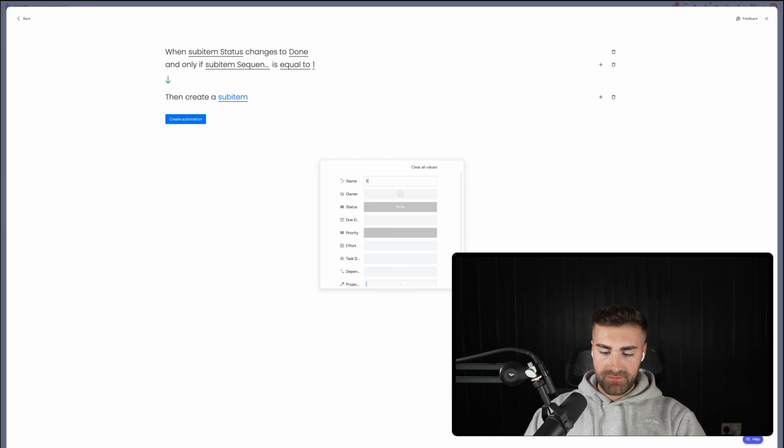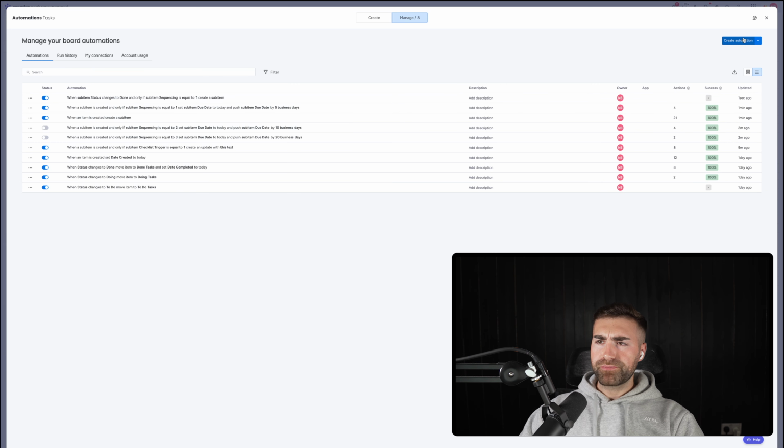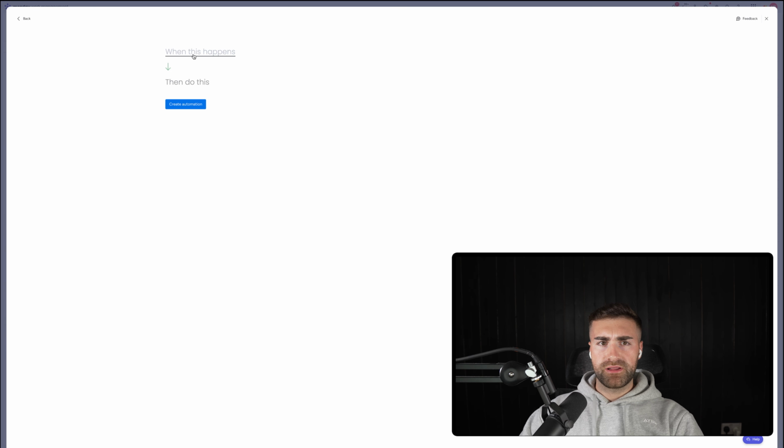So this is example sub item number 5, I think we're at. I might have to revert to our numbers. And then what we want to do is just make sure that, because this is sub item number 2, the sequence is number 2. Okay, and then just press create automation. And then we're going to do exactly the same. So we go create automation and then go when